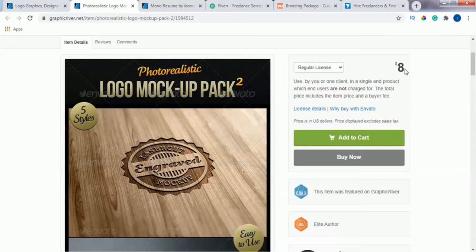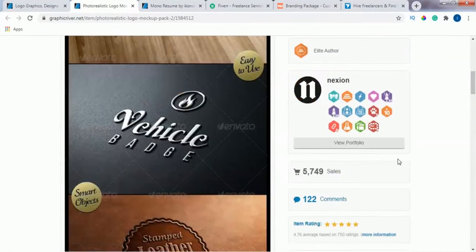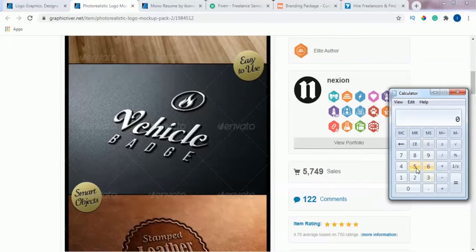But the $8, he will not get this entire $8 because Envato has some fees. So this designer could earn up to $5 or $6 for each sale. So let's take a look how many sales this designer got from this logo mockup pack. He total has 5,749 sales. So let's open the calculator. He total gets